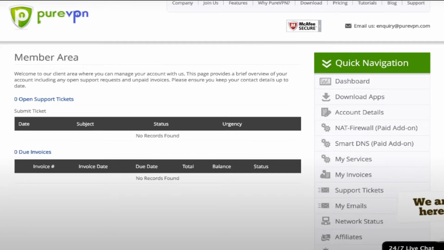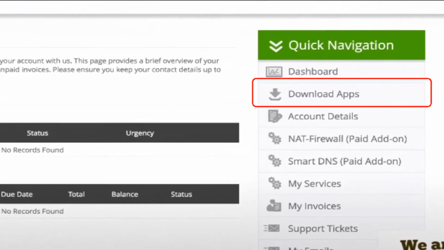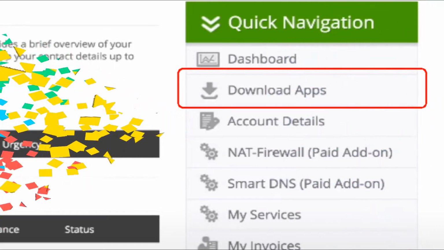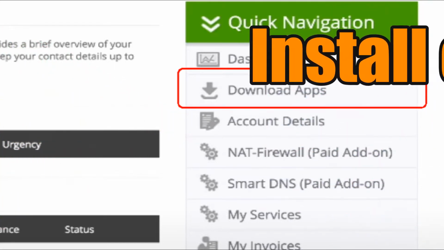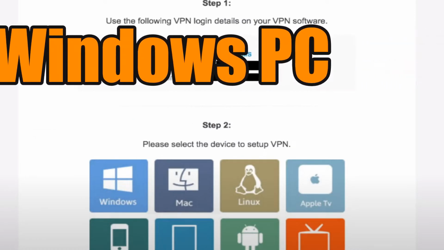Now within this dashboard, if you notice, you do have an option to download apps. So if you're on your Mac, if you're on your Windows computer, you can download the app there. I'm going to show you another way to download the app for your Chromebook as well. And you can also do this on your smartphone simply by going into the Play Store there and typing in a search for Pure VPN. Now I'm going to show you how to download the apps there from the email that they've sent me.